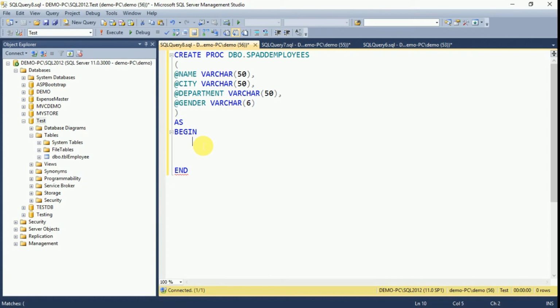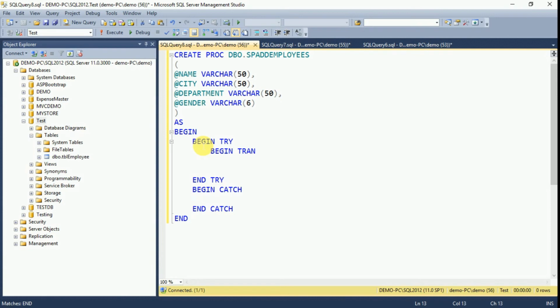Here I want to begin try. If there is any error, I want to catch it, and end try. And here we have to catch the error, begin catch and end catch. Okay, if there is any error, we will get it here. Here we have to use the insert statement. Before that, we have to start with the begin transaction.